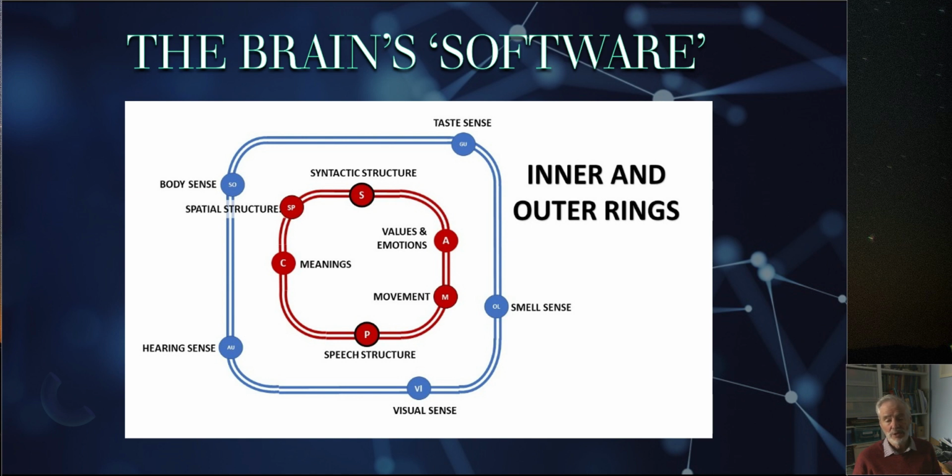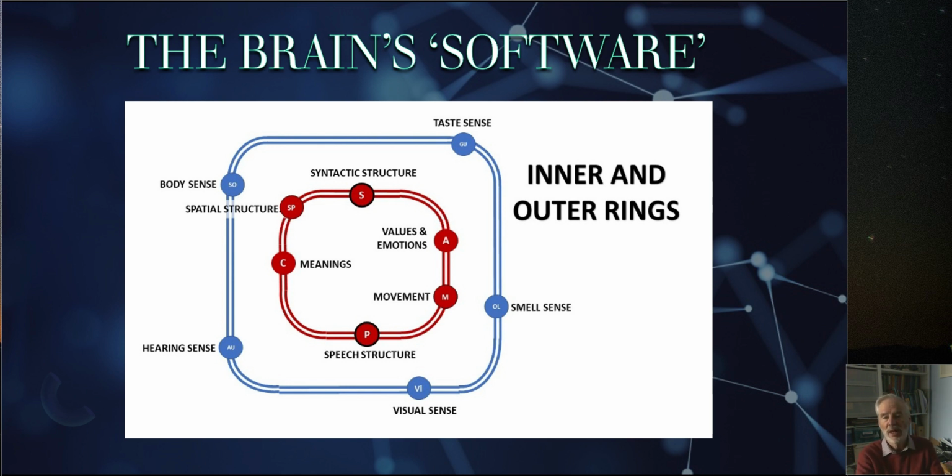You can think of those representations sitting in the store as memories. That is one way of looking at them, but I shall generally call them representations for most of the time anyway. Then we turn to the red ring, the inner ring, which represents a deeper level of processing and is